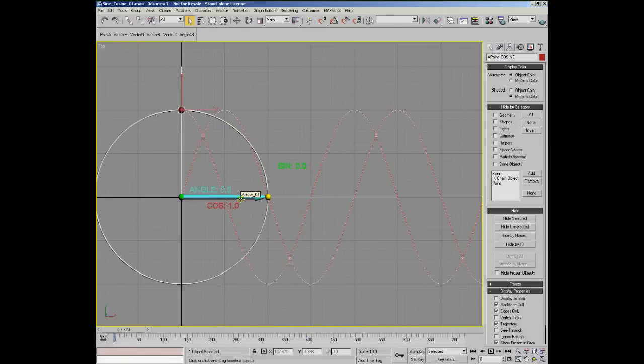We can easily make an object move in a circle using a scripted controller and the sine and cosine functions. Let's create